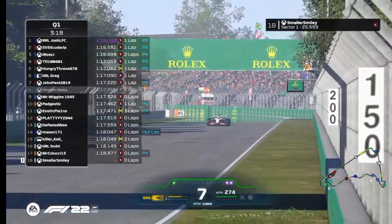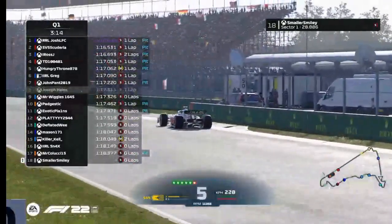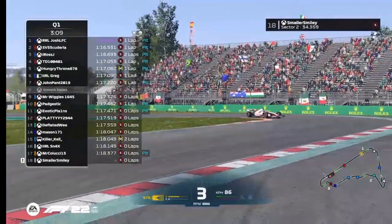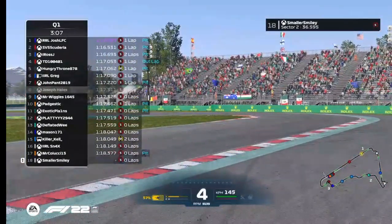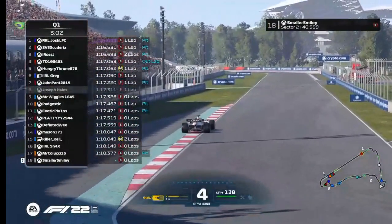Makes most of the track that he can do, and that's the first sector in 28.8. So yeah, it's such a short lap that you can't say that much about it, but